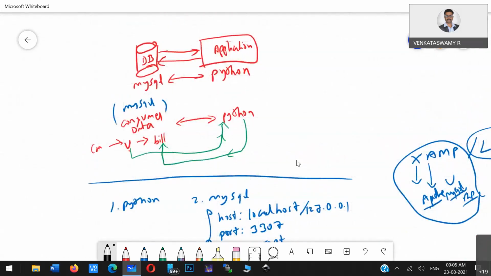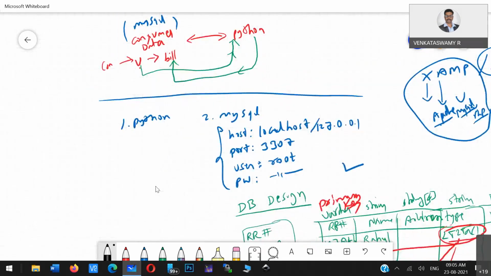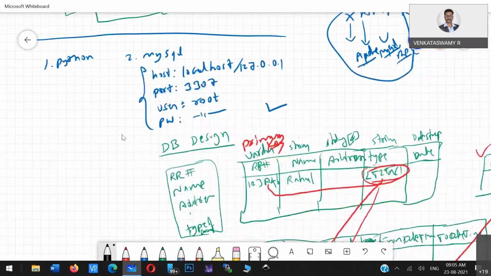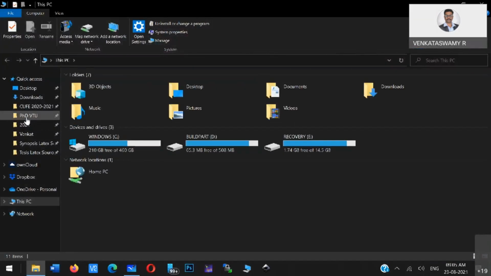Then you have to install the MySQL database on your machine. There will be a host, which is basically the identity of that MySQL database, and one port will be open for that database management system. Then there will be authentication, a username and password, using which you will log into that database. So some security. All these things we have understood, and the demo we did in the previous class is basically this.